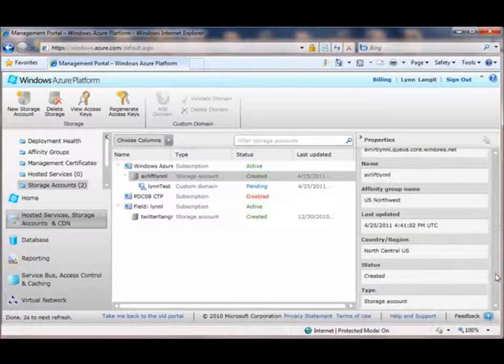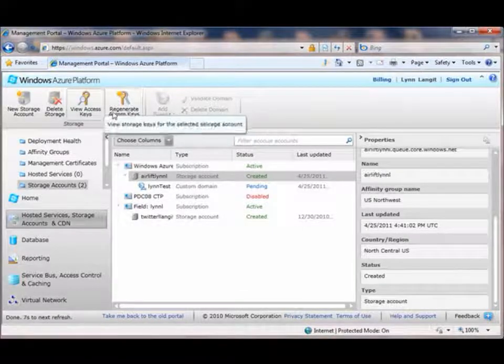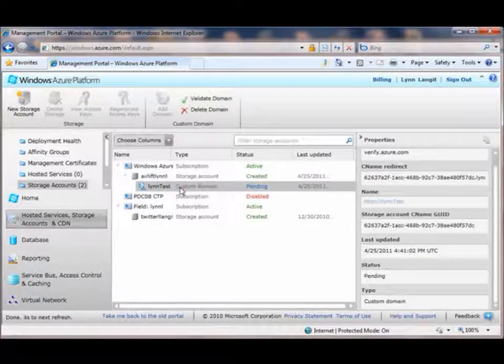Up in the top, you see now you could delete this, you could view or regenerate an access key, and we could do something called add a domain. So the domains are so that you can have custom URLs, custom endpoints. You can see I have a custom mapping here. Now in order to complete this, I would have to map this to an actual DNS record. So these are the different aspects of working with hosted services, storage accounts, and CDNs that are exposed through the